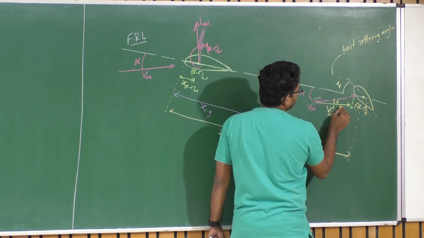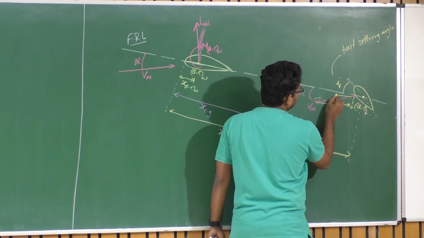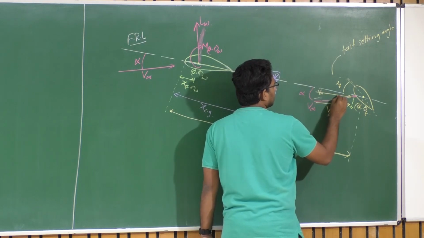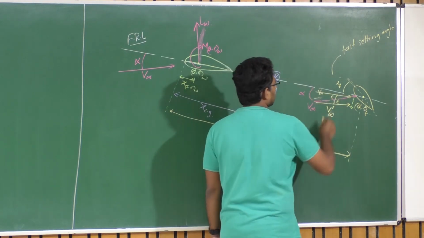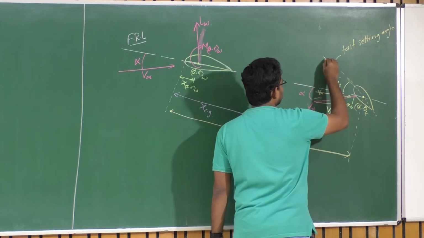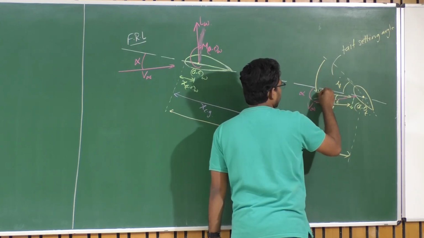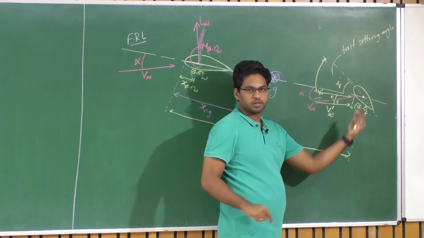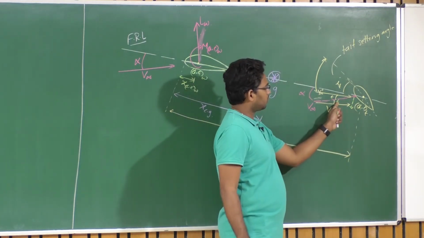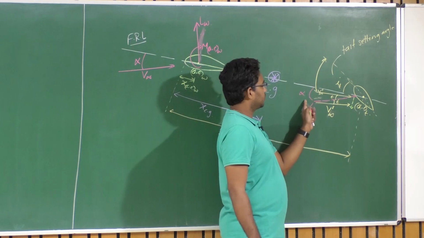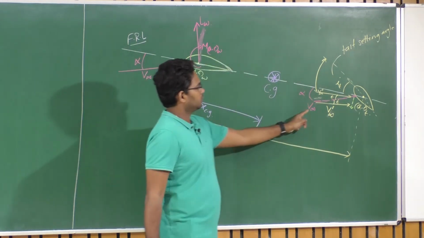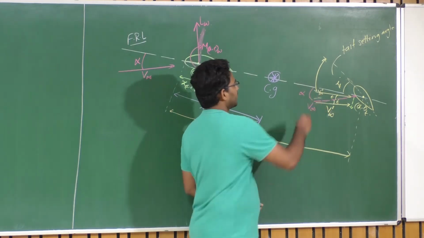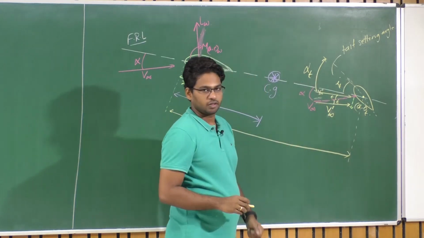So say, this is equivalent to, these two are parallel, right? So this is my V infinity and this is my epsilon. So now the angle of attack that this tail sees with respect to this V infinity prime, right? Isn't it? So V infinity prime is the modified velocity at the tail because of the downwash induced by the wing, right? So this downwash creates an angle epsilon with respect to the free stream velocity at the wing, V infinity. So now the angle of attack that the tail sees with respect to this modified velocity, V infinity prime, is denoted by alpha at the tail, right?